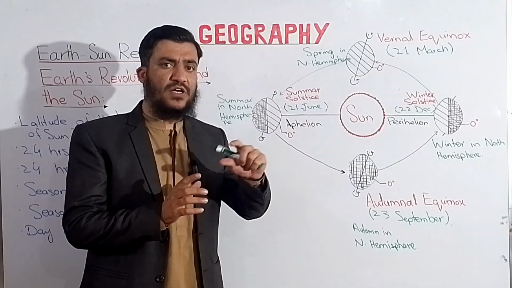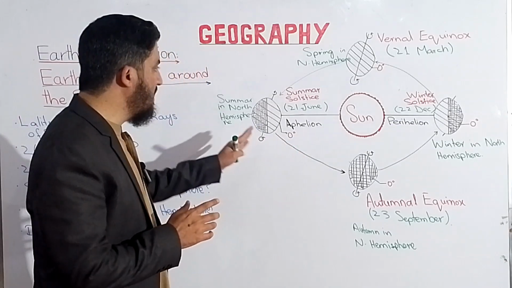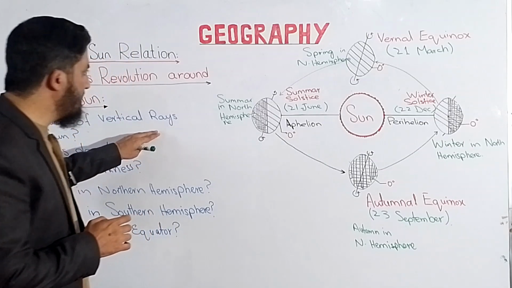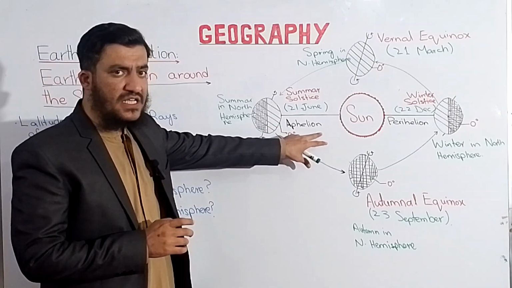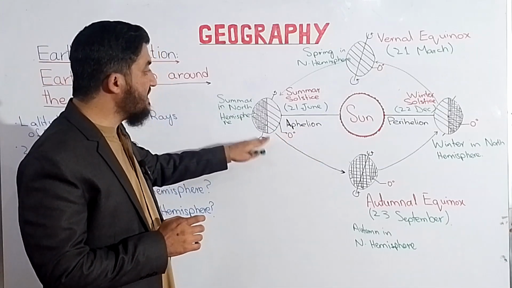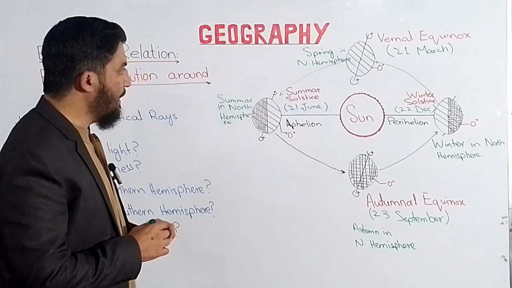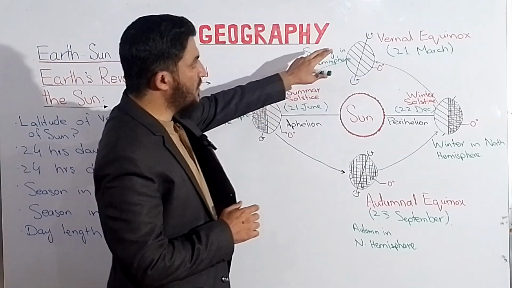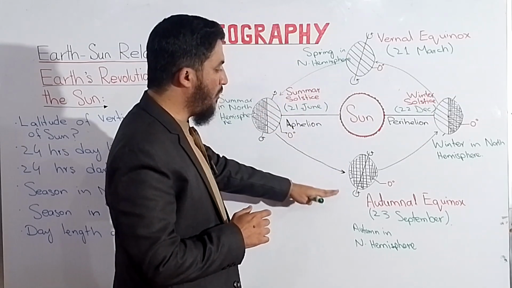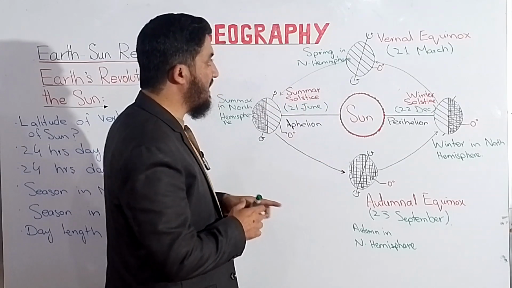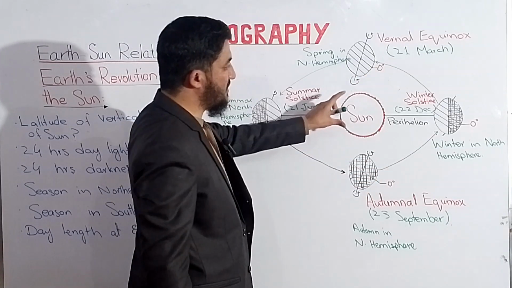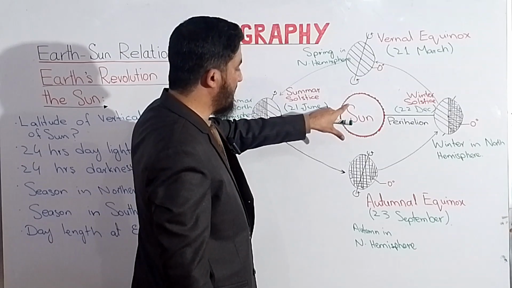So dear students, now we'll try to answer some logical questions regarding the earth and sun relationship. देखें, सवाल है कि सन रेज, 100% या वर्टिकल रेज ऑफ सन जमीन की कौन सी जगहों पर पड़ती हैं, ठीक है. If we see at the vernal equinox and autumnal equinox, जहां पर स्प्रिंग और ऑटम की बात आती है, तो जमीन की इक्वेटर के ऊपर, the equator of the earth, उनके ऊपर 100% या फुल रेज पड़ती हैं सन की,